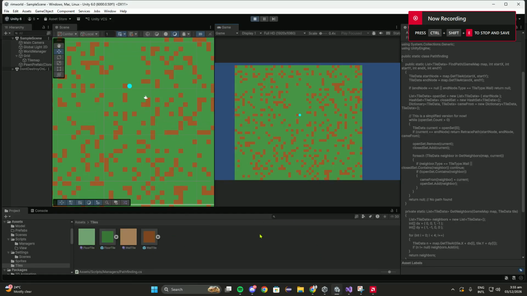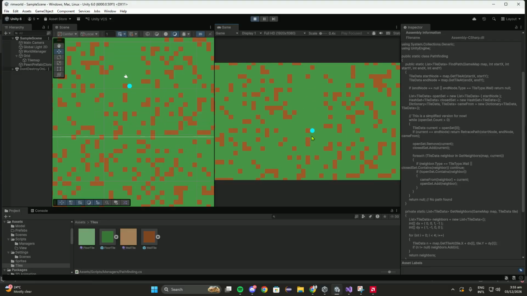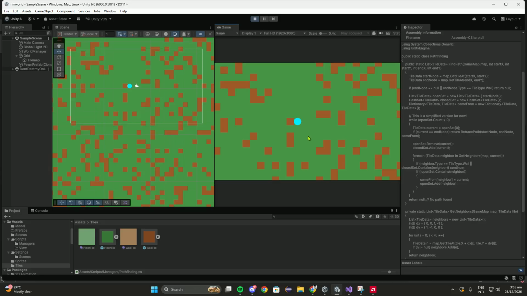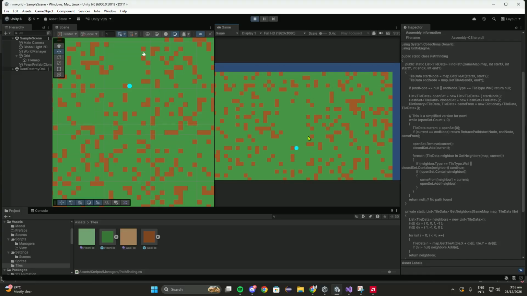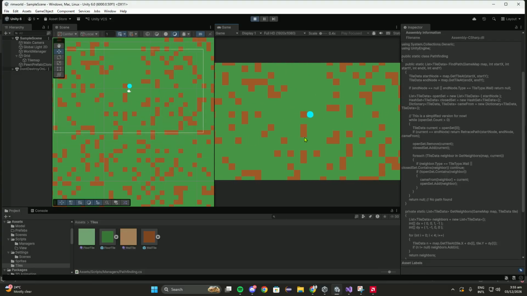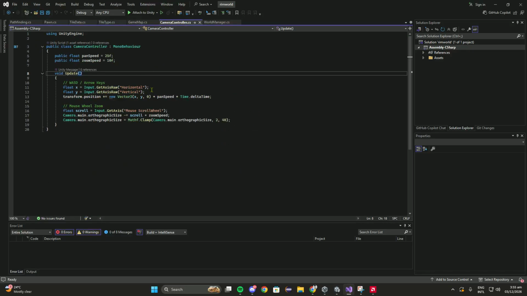Okay, so for our first log on the colony simulator Entropy, titled Entropy Game. For the basics, we have panning and zooming in and out with WASD. We are using the code for camera control. We have horizontal and vertical for WASD, and the mouse scroll wheel for zoom in and zoom out.